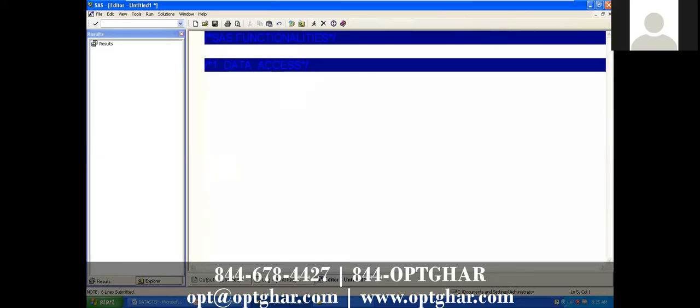Okay, now let's see how we import the data from an Excel file. How can we import the data from a CSV file? How can we import the data from Notepad? Suppose now our data is available in an Excel file. As a SAS programmer, how can you import the data from the Excel file into SAS? So see here, I will show you